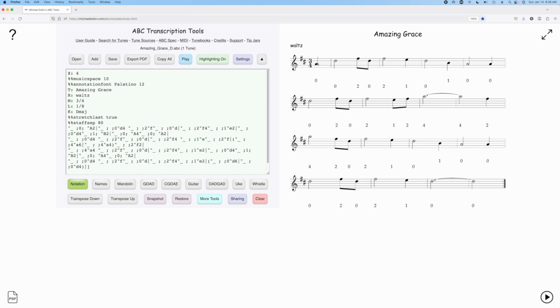And you can see when I do that, I click on a note here and it selects the ABC related to that note in the text. So for this, I'm going to start by adding some chords to notes. And for this one, I'm going to add